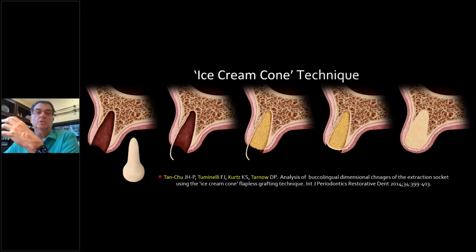So you put the cone part inside the socket, and you trim the top part to fill the top part of the socket, like you see here. This is old stuff. We place the graft in, and then flip it over. Now this is where all the work is getting done, right in here, because that's going to block this fibrous tissue from penetrating into the graft. This top part that's exposed will disappear within 2 weeks.